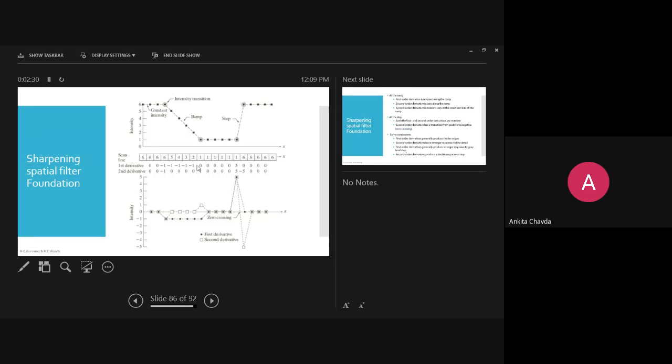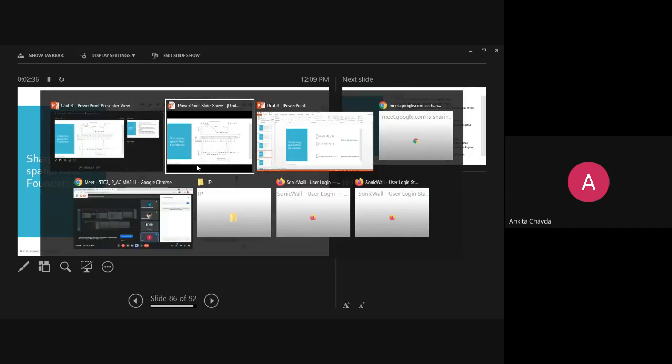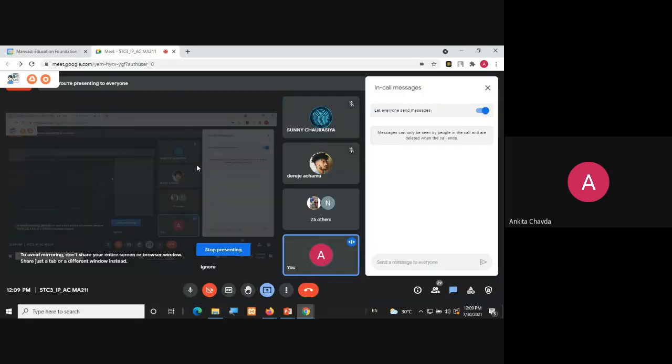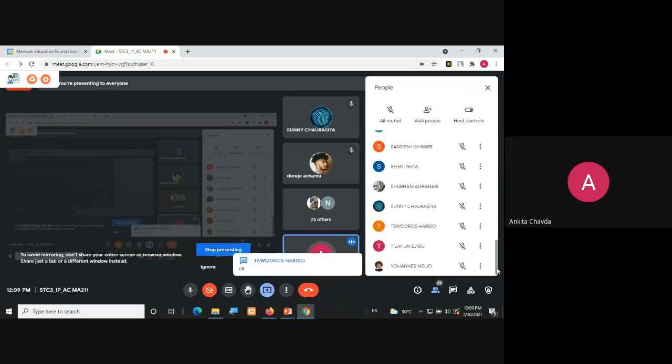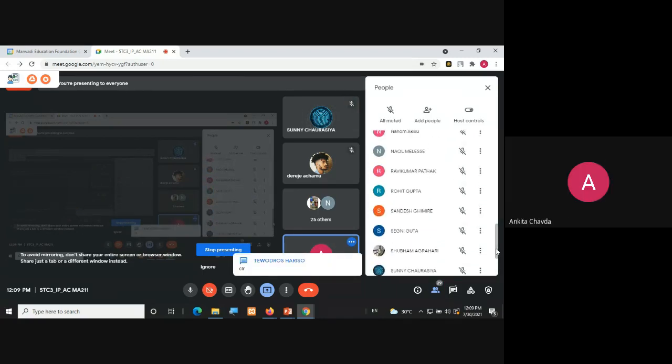So how this first derivative came, that you guys know now. Right? Say yes or no. How are we getting this? Are you getting this? The first derivative. Right? Okay.